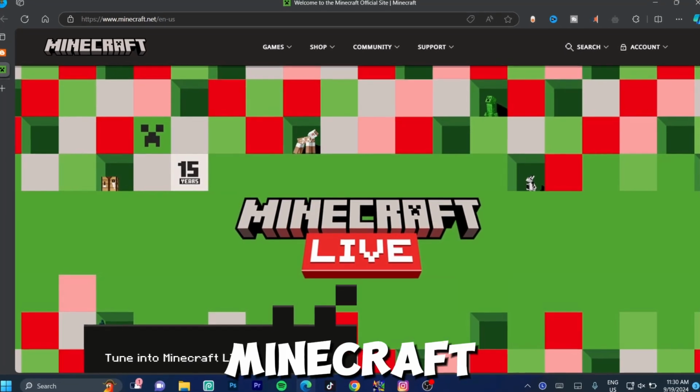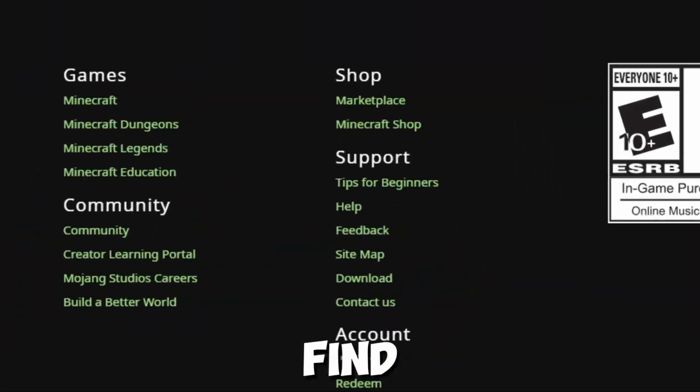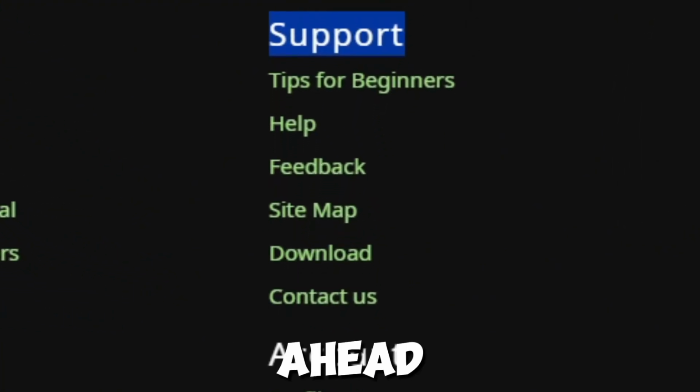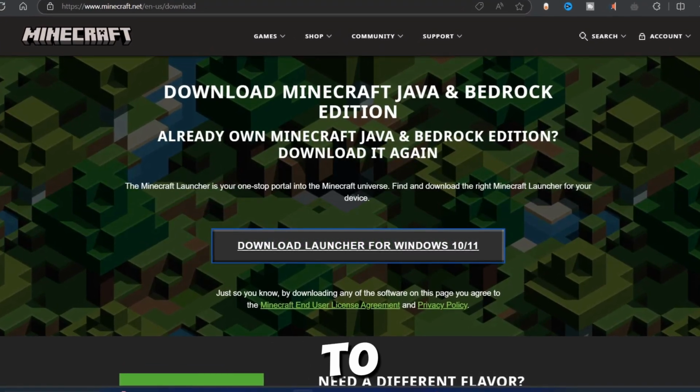official Minecraft site. Now once on the official Minecraft site, I need you guys to go ahead and scroll all the way to the bottom of the page until you find support. Now once you found support, just look down, you're going to see download here. Just go ahead and click on that. Now go ahead and click download launcher and wait for it to finish downloading at the top